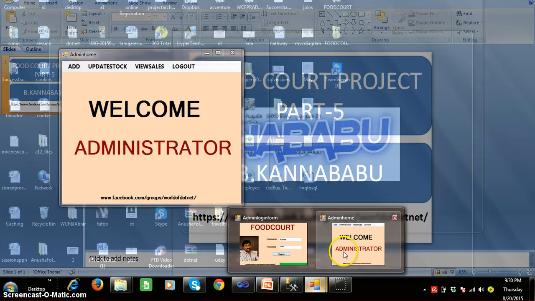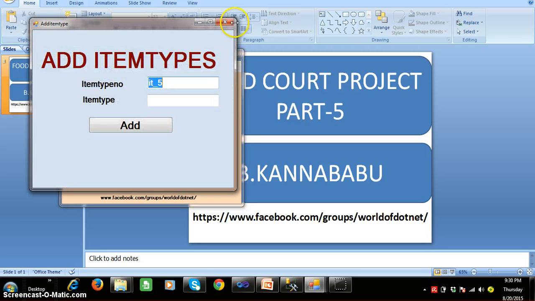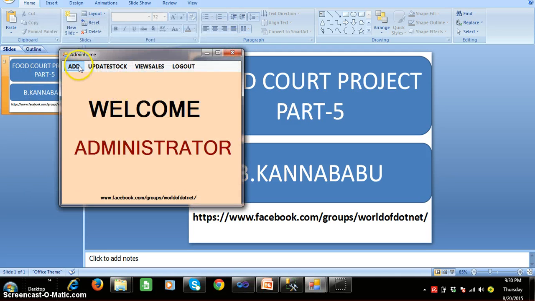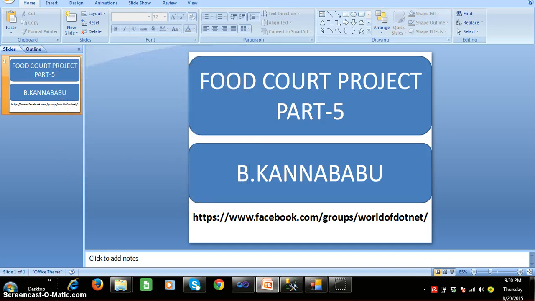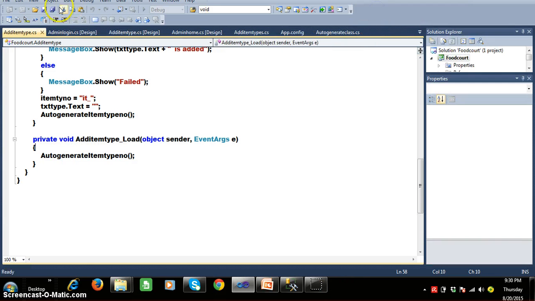Right, so here I am executing my project. Admin will add the item types, we have already seen this one. Now admin will add the items. So here I have to design the add items form. So here I will go to the project,